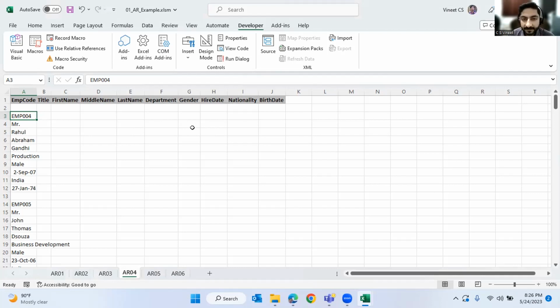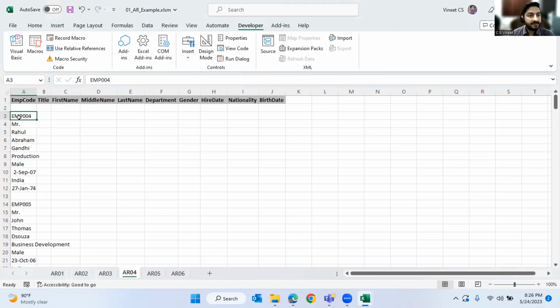So always remember that whenever you're trying to run the macro, save your file or save your work so that you don't lose them if anything goes wrong. Or take a copy of your file, test it first. If it is working fine, then put it on your original file. Okay, so now let's record the same step,